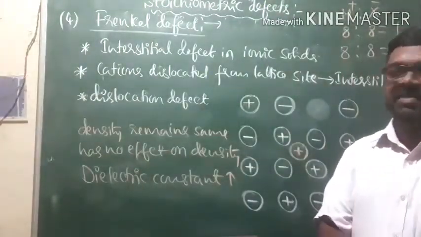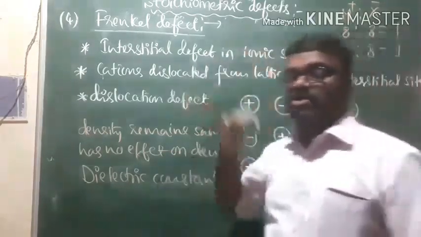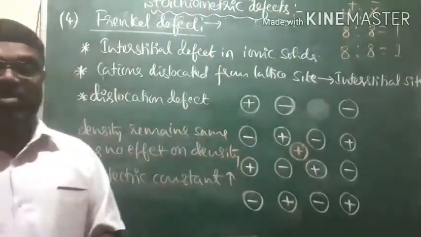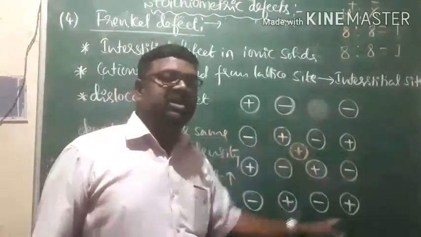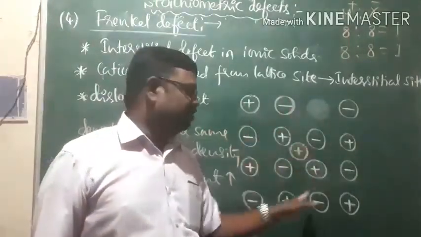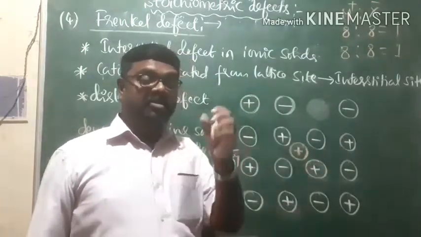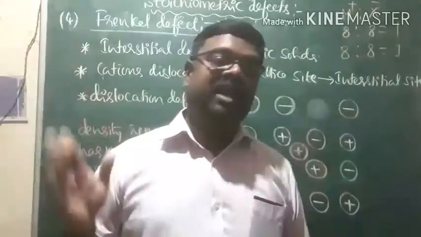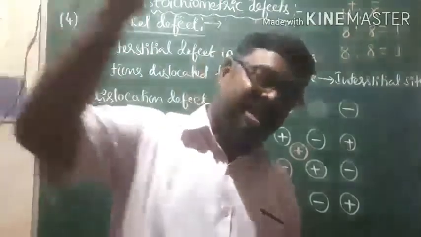You may ask a question: why do we talk about dislocation of cations only? Why is there a dislocation of cations only? This is because cations are smaller than anions. I may not have highlighted that particular point, and all sizes look the same here. But keep in mind that cations are always smaller than anions, and therefore interstitial sites can be occupied by cations only.